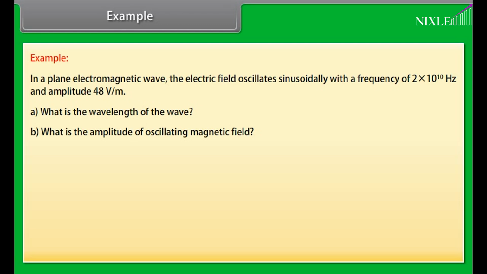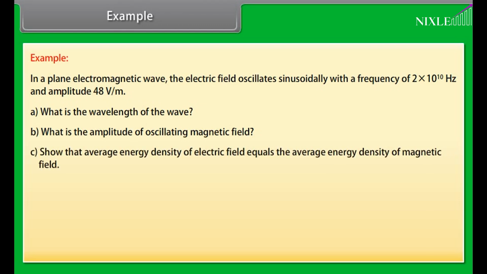What is the amplitude of the oscillating magnetic field? Show that the average energy density of the electric field equals the average energy density of the magnetic field. Let's see the solution. Given values are nu, which is equal to 2 into 10 raised to the power 10